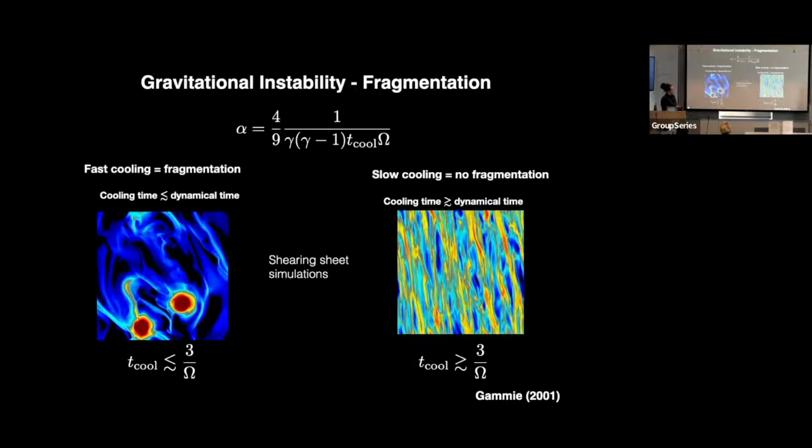So these here are two shearing sheet simulations. In a shearing sheet simulation, you basically look at a small region of the disk. You pick a fiducial point that is co-rotating with the bulk of motion of the disk, and then you expand your equations of motion in first order, and you solve for those perturbations. So it really just allows you to look at a focus region of the disk. So here, we have fragmentation collapsing to form fragments because it was able to cool more rapidly than it was able to heat itself up, determined by this here.